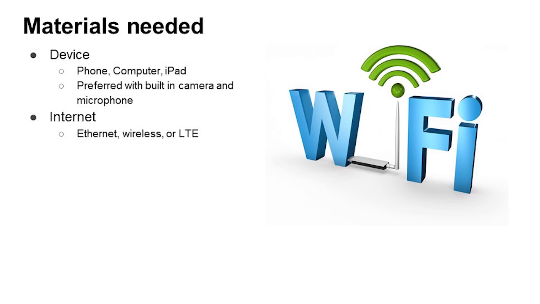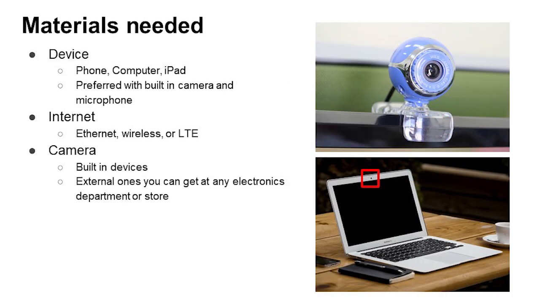You will also need some type of internet connection to the device you will be using. The most common type is Wi-Fi, but if you do not have home internet, you can use your phone's internet through the data plan. Double check your phone plan though to make sure that you have enough data and update your plan if necessary.